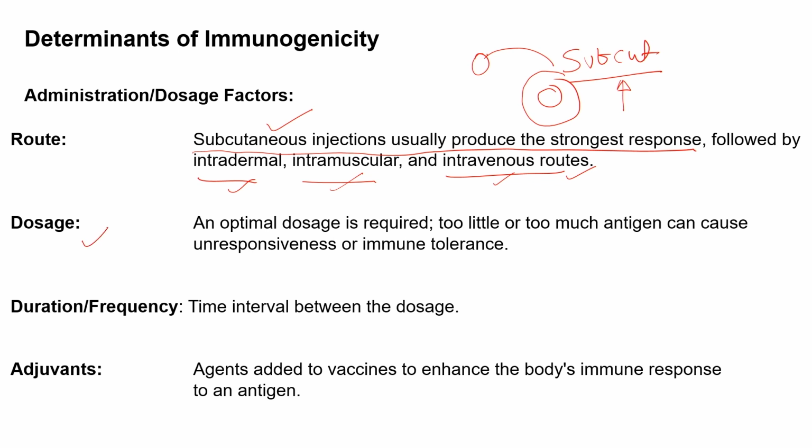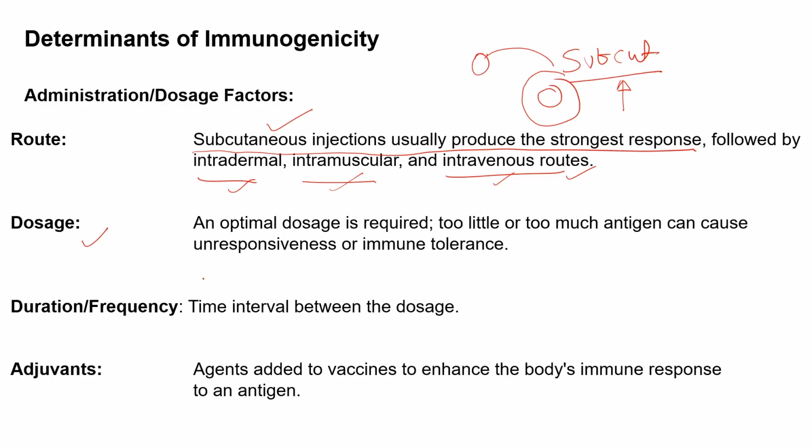Second is dose. When the antigen is inoculated or enters the host body, the amount of antigen could decide the immunogenicity. If the amount is very high, that's also not good. If the amount is very low, that is also not good. So when we are raising an immune response or antibody against an antigen, we look for the optimal dose